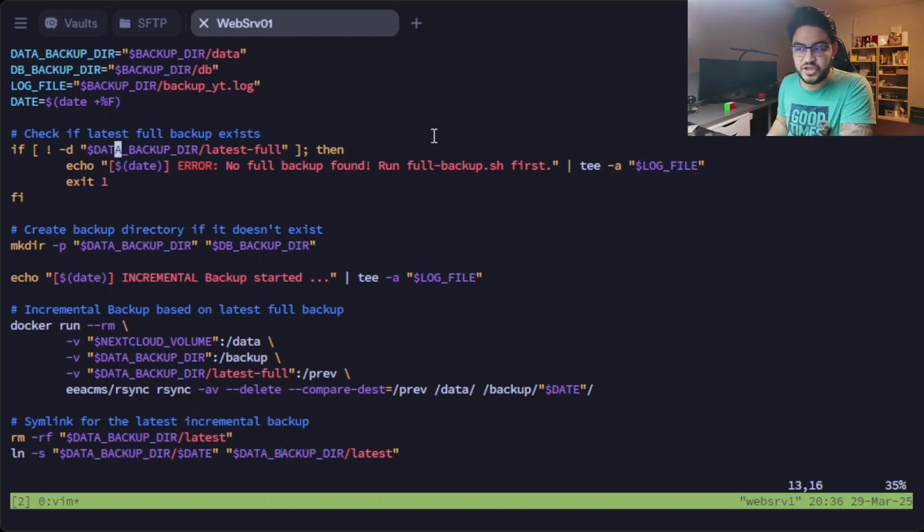So it will check first if there is a backup directory called latest-full. And if it doesn't exist, then it will log that there is no full backup found, and we should run full-backup.sh first, and then it will exit with error code 1. But in our case, let's hope that will never be the case. And then if there is a latest-full directory, then it will continue making a new directory, again if it doesn't exist already, the data backup directory and the database backup directory,